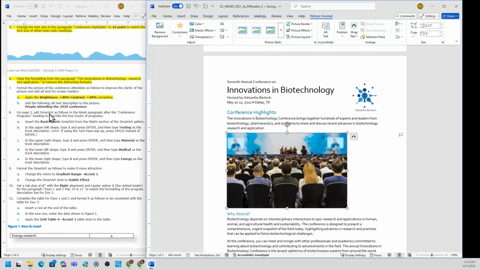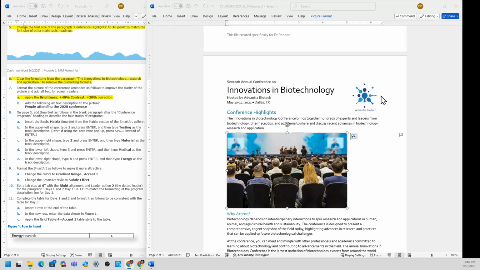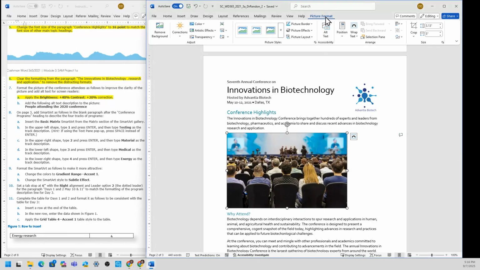Okay, and then add the following alt text description to the picture. And then I need to type people attending the 2020 conference. So the alt text you can find from the picture format as well.